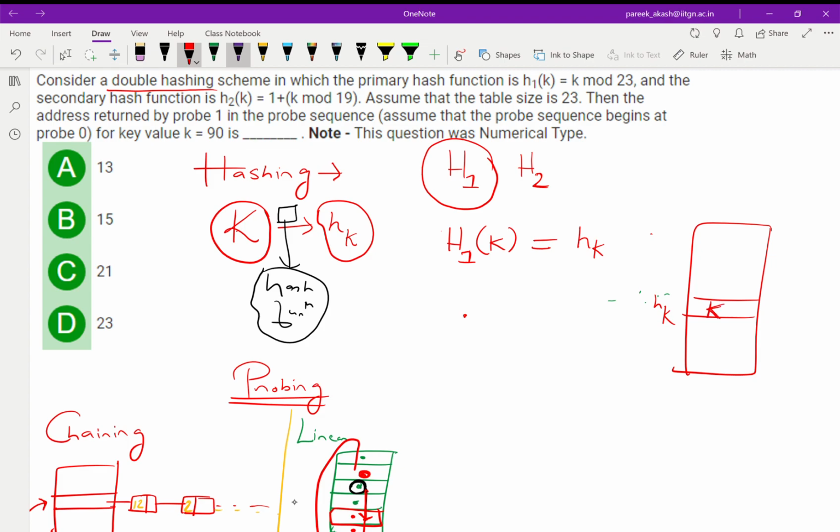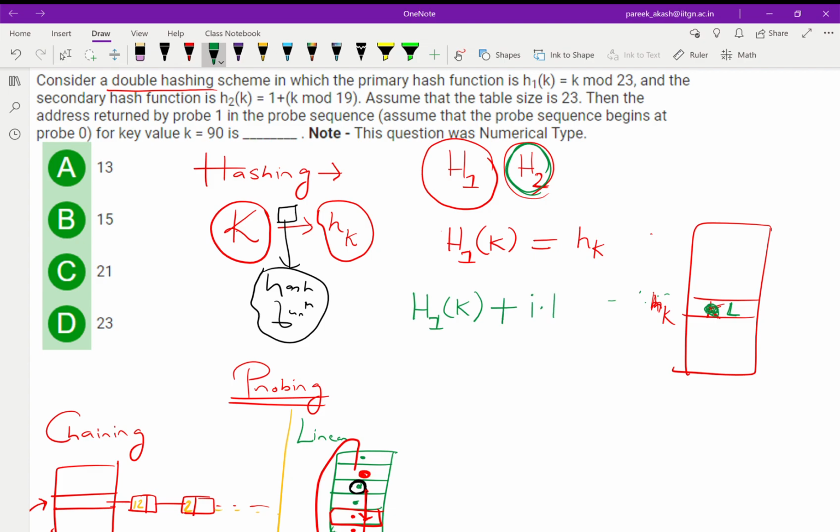And now what this other function does is that if in this position hk I already had some element, suppose some element l, then I cannot put this k in this position because there is a collision. And to resolve this collision, this new function can be used. So if there is a collision, then we can use this new function, and there is a double hashing formula. You calculate first with only the first function, h1 of k, and if there is a collision, then you take this part.